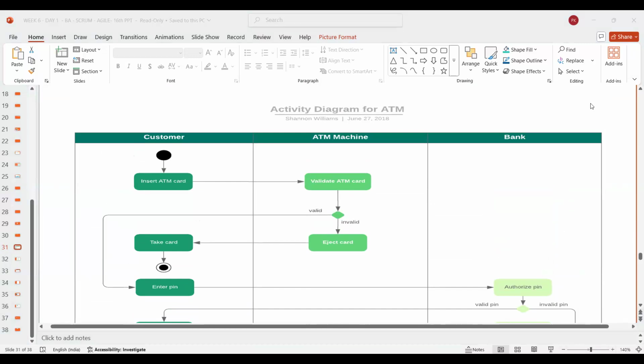So I was just saying that any activity, any task, any requirement in the professional world that we are working on can be depicted, showcased, and explained with the help of a diagram. We will have this simple yet very practical example, and then you will understand what an activity diagram is. This activity diagram is for an ATM. Everybody here uses an ATM, yes or no? Everyone.